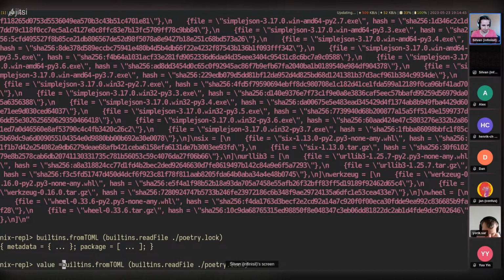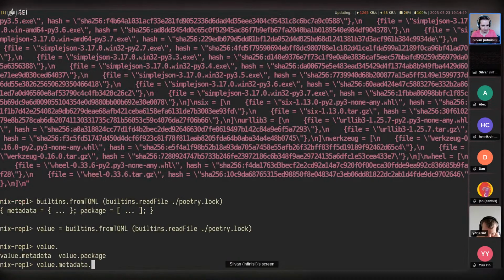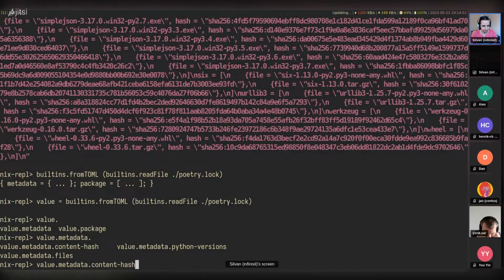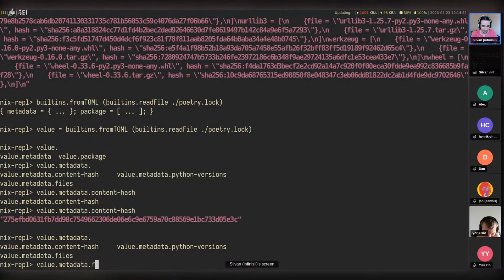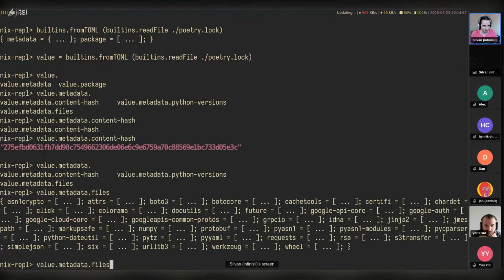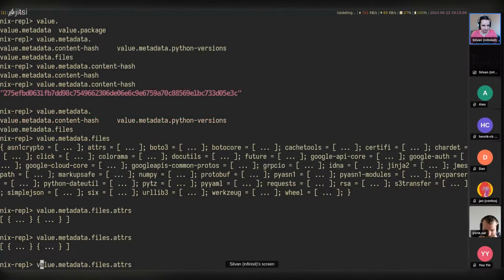Lock file, let's just say value equals this. Now we can say metadata. We have content-hash. I'm not sure what that is. Okay. Files.hashes. Let's see, can we find a... Oh, this doesn't work. Maybe a brief note here. So we cannot do this, unfortunately.